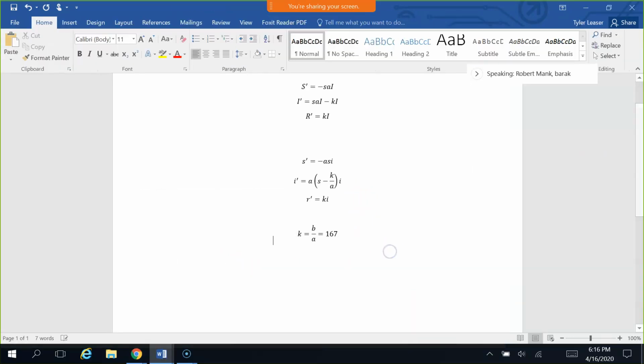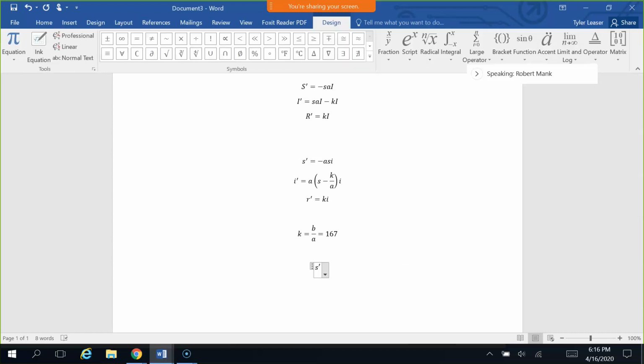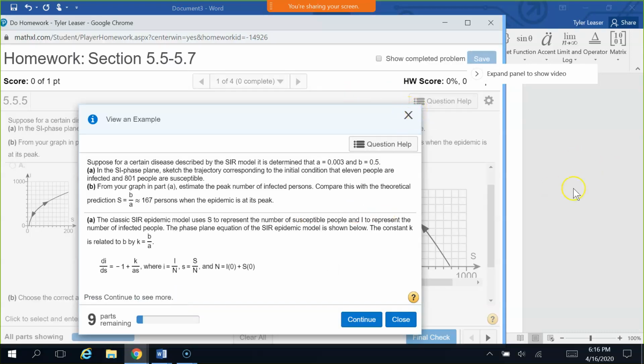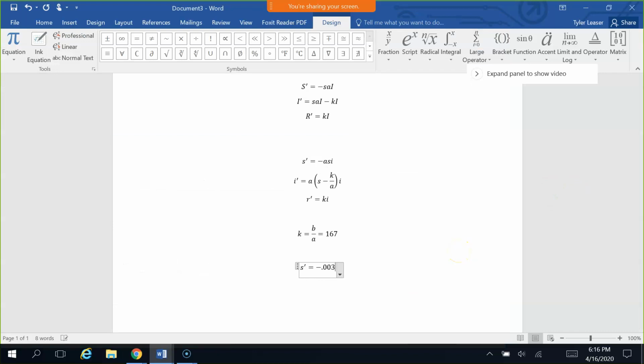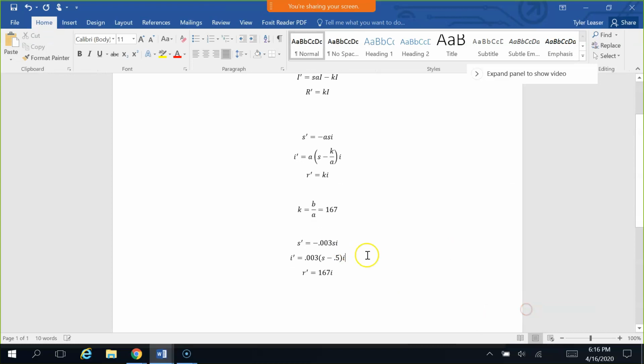Cool. So then plugging in all of those constants, S prime is going to be equal to, for me, A was negative 0.003, I think. Yep. Negative 0.003 SI. I prime would be A, 0.003, times S minus K over A, which is B, so 0.5 I. And then R prime would just be K, 167 I. And then this one I'd have to distribute that 0.003 SI